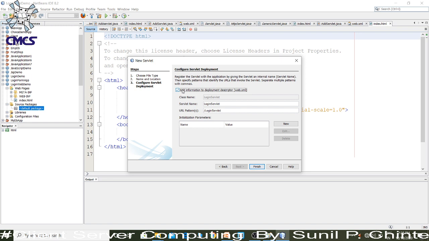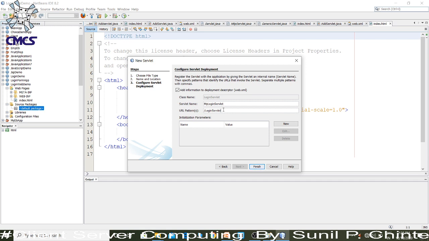Web.xml. Use the servlet names. Here I am using the servlet name, that is called the internal alias name. It works as the alias name, my login servlet, and this is the URL pattern, that is called the external alias name.